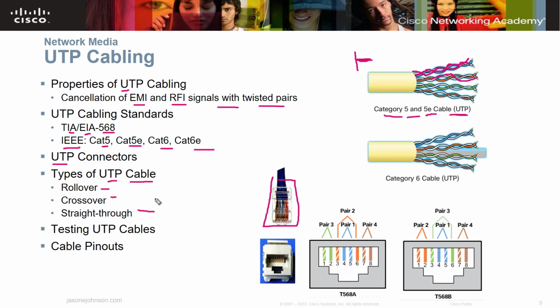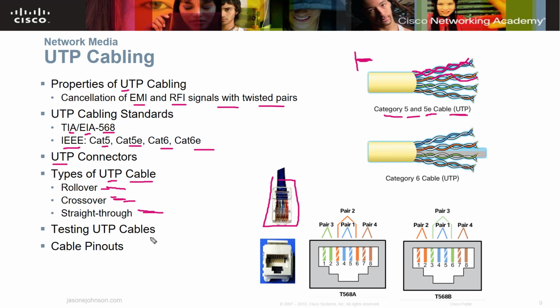Those serve different purposes. What I suggest you do is go to the reading for the Netacad course that you have in there, and it's going to talk about the different purposes. I just don't have a lot of time here in this presentation to talk about them, but they are different depending upon how you put the wires through. So depending on how the signals get sent through, whether it's a rollover, a crossover, or a straight through.